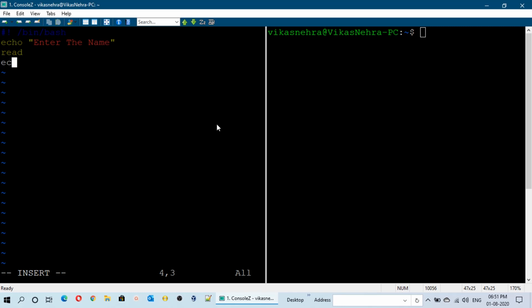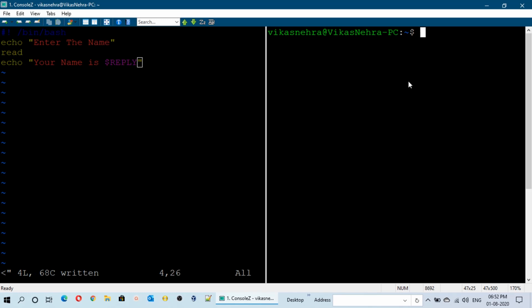If we don't specify any variable here, it will take the default, which is the REPLY variable, and now we can call the variable to show the result like this. The name is $REPLY. So it is the default variable in which the input will be stored, and we can call it by using $REPLY. Save this script like this.